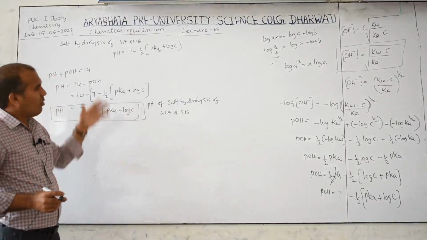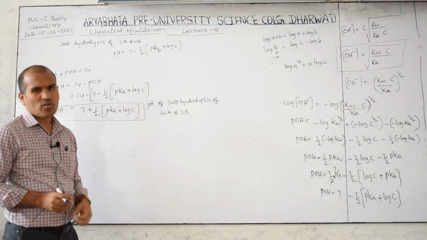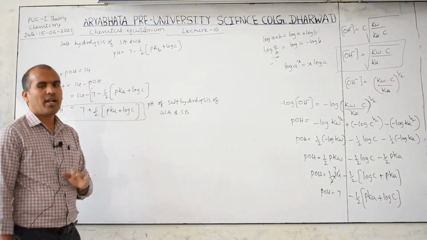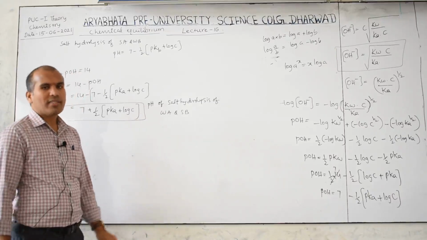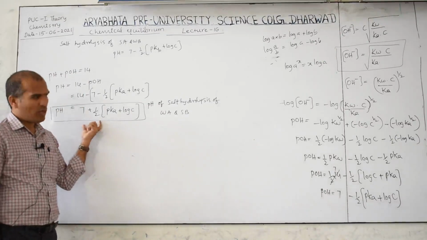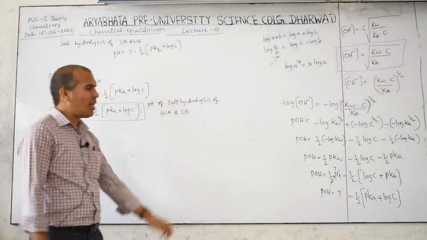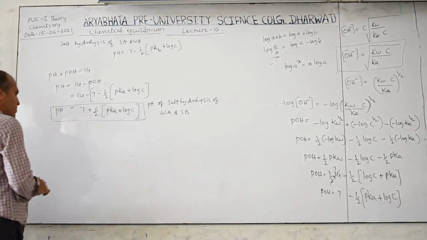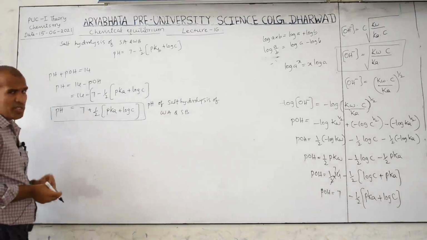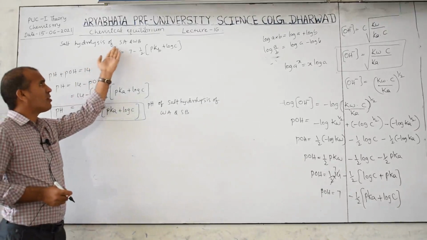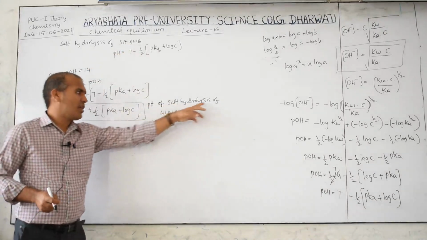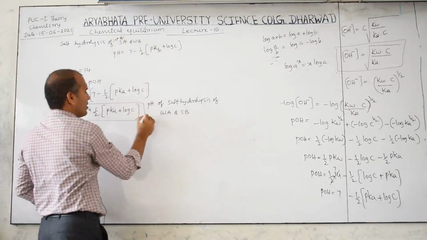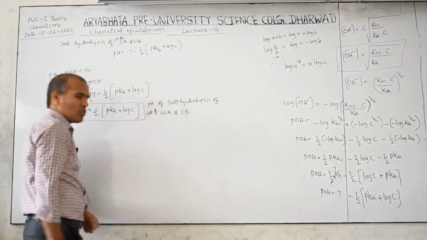Even without calculation like this, you can directly answer whether the nature is acidic or basic: whichever is dominating, that respective character will come. But to calculate the exact value you have to use these formulas, and the formulas in the box they will also ask. So you have to remember whatever formulas I gave in the box. So we calculated the pH of salt hydrolysis of salt of strong acid weak base, and here salt of weak acid strong base.